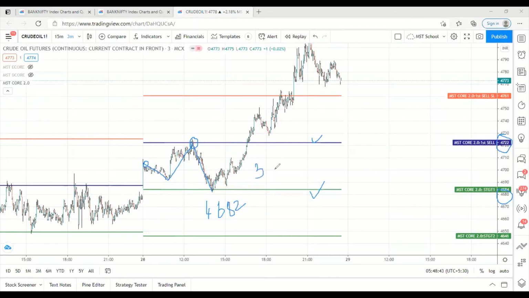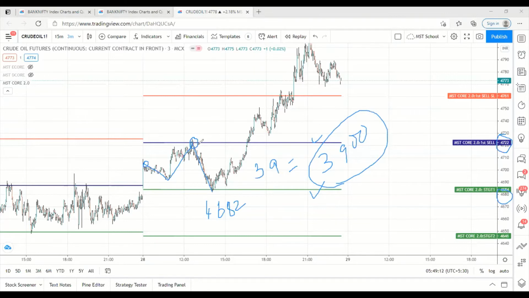That is 39 points. We have got the profit for one lot. If you are taking 10 lots or 20 lots, then you will get 390 points or 3900 points based on your investment. I am talking about only one lot. So if you had taken this as per the indicator, today you could have booked 3900 rupees without any effort. Okay, this is our strategy.